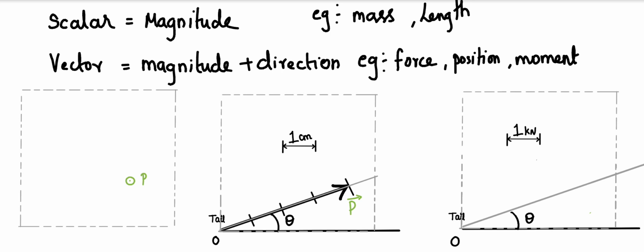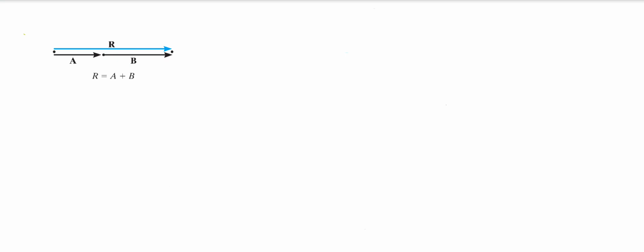So I draw a force vector. Let's take a 4 kilonewton force acting. I will represent that by drawing an arrow of length 4. By indicating this arrowhead, I represent its line of action, the direction of the force. With this I can completely define the force acting at point O. So force acting at point O needs both magnitude and direction to completely define it. So I have explained how to represent force as a vector.